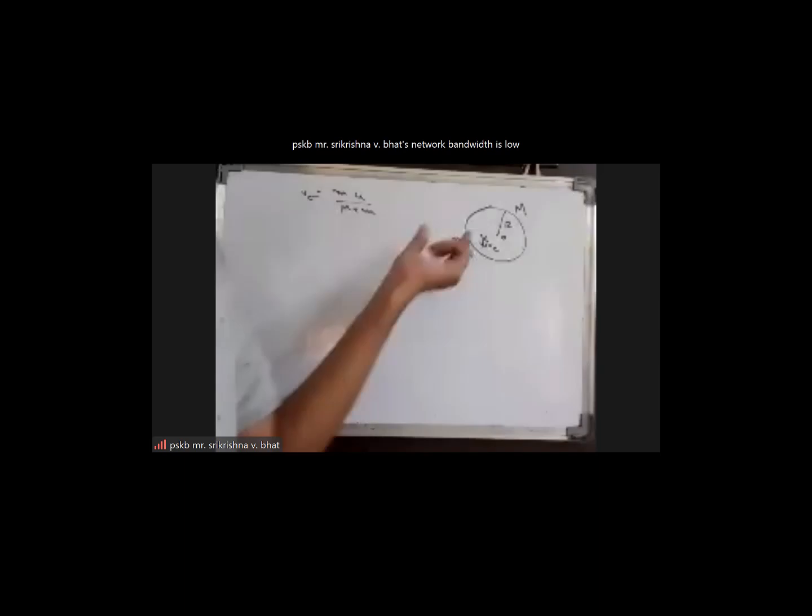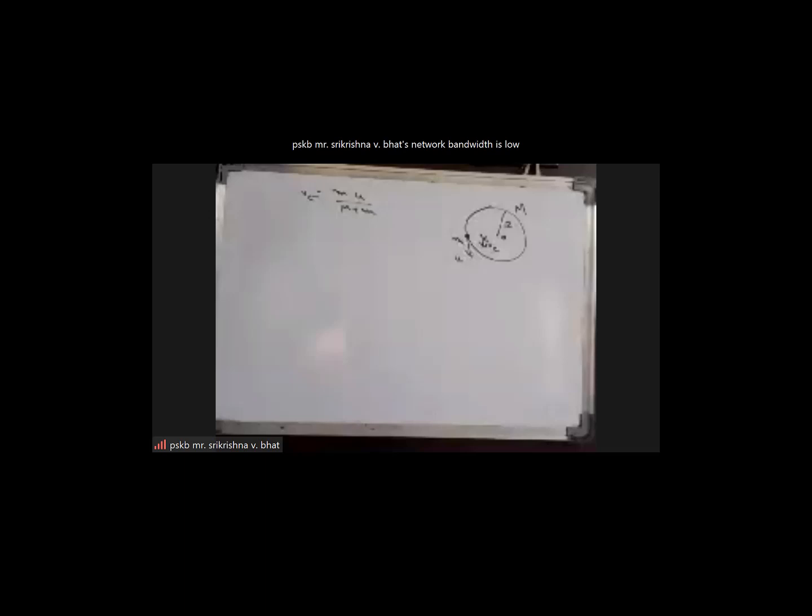So the center of mass velocity should be constant, and at any point of time the center of the ring and the bead will lie on a line. The line joining the center of the ring and the bead, the center of mass will lie somewhere on that line. Since the center of mass moves in a straight line, the center of the ring and the bead will not be moving in a straight line. They will be moving in non-linear paths.